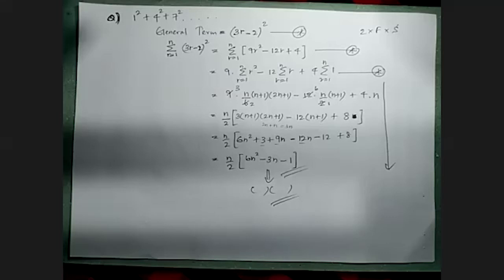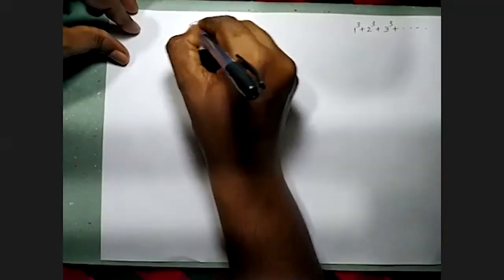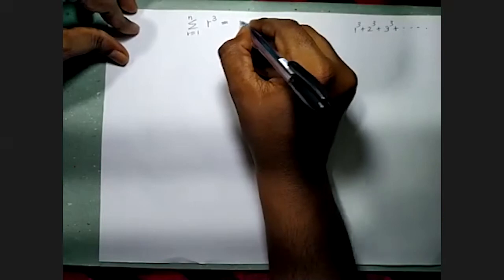Okay, now I'm going to move to the third and the last theorem. That is for R cube. First one was for R, second one R square. Now this is for R cube. Then what can you say about the series? It should be 1 cube, 2 cube, 3 cube, like that. Then we have to find sigma R equals 1 to n R cube. The result, the answer is, what